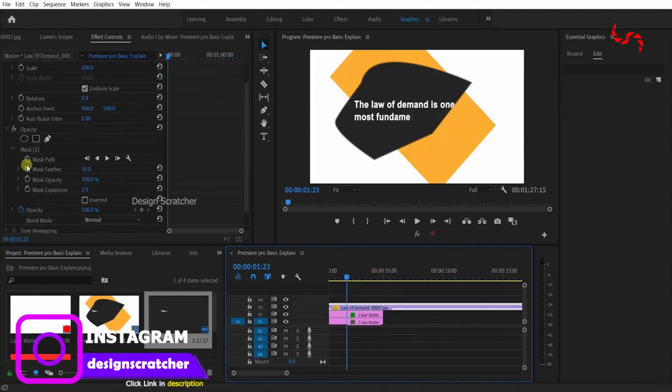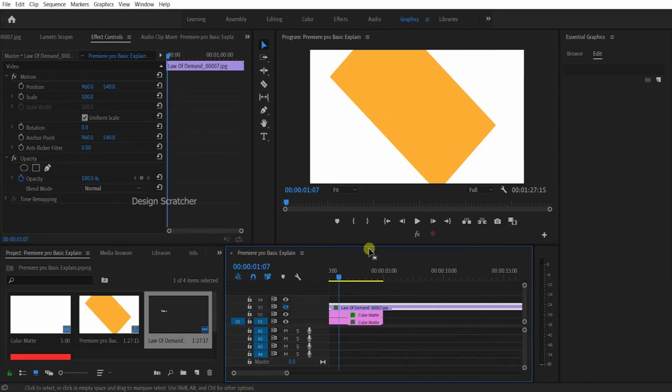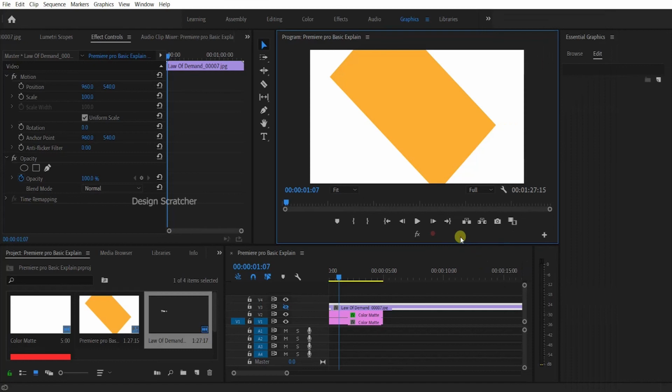Then click it and the mask will be deleted, automatically deleted also. Hiding, hidden, everything here also. Same like that. This is for the full selection. You can check it here also. This is for your preference only, not important. Then going to settings, there will be alpha, multi camera, and closed captions, everything, show rulers, everything here also. Then the frame and seconds duration, and the out of the duration will be added. This is for the first frame that will be added. Here also added for the frames.